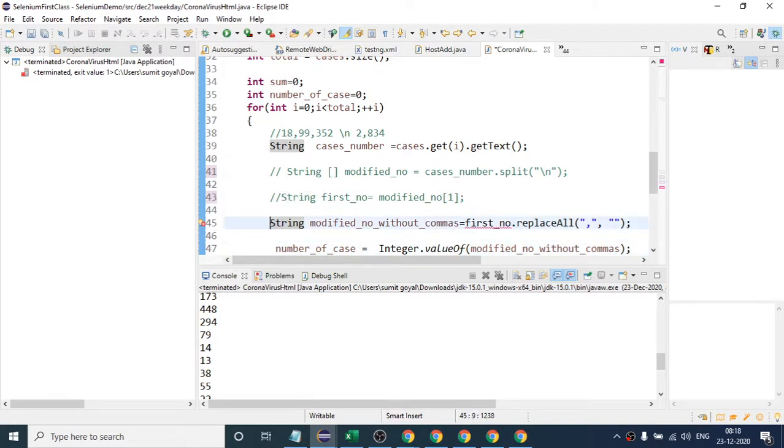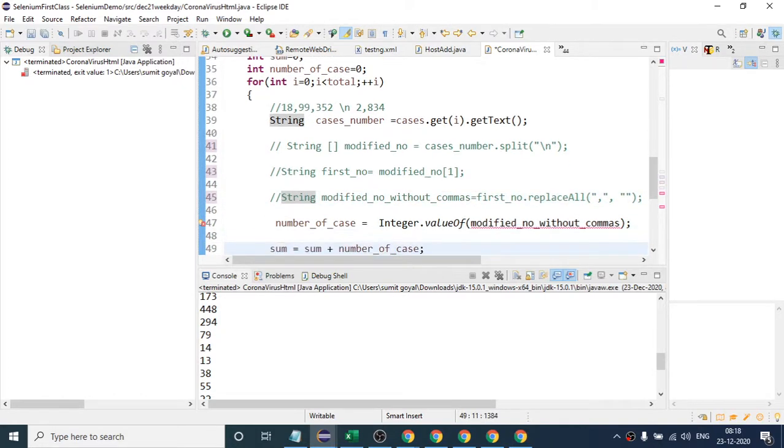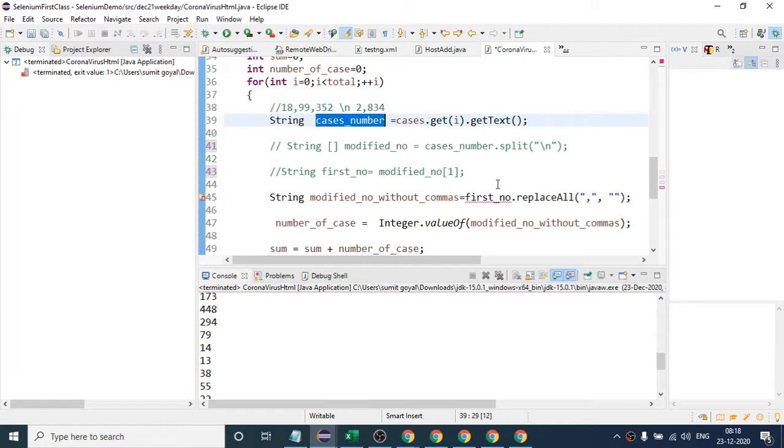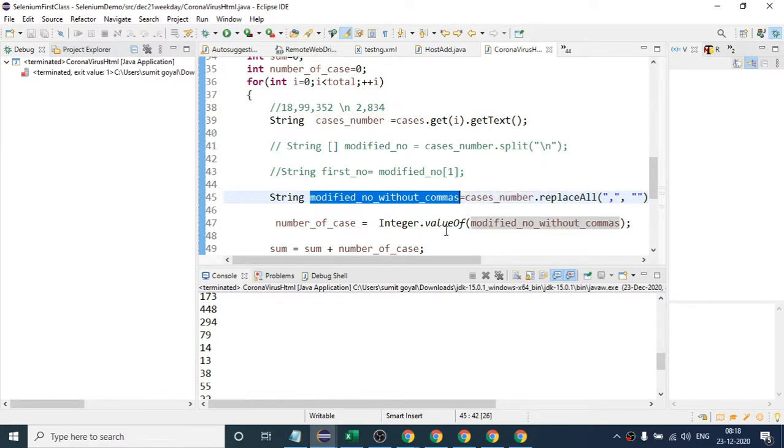We will not write this /n, and this is also not required this time. I can directly say this number, and replace all, so it will replace all the numbers. Let us see this time whether it works or not.